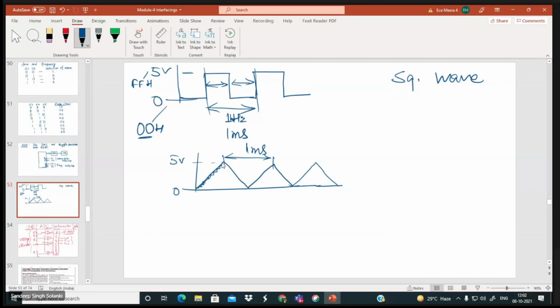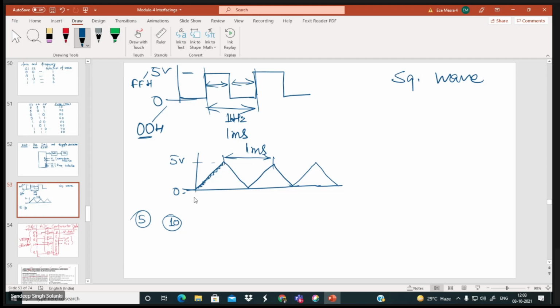Okay, 00 to FF. The 00 will be the minimum, FF will be this. So 00 to FF, you can go in steps of 1, or even think of steps of 10. Because I am not keeping any resolution criteria, it is left to you to decide. Or somebody may take the increment of 5: 0, then 5, 10, and so on, up to here.